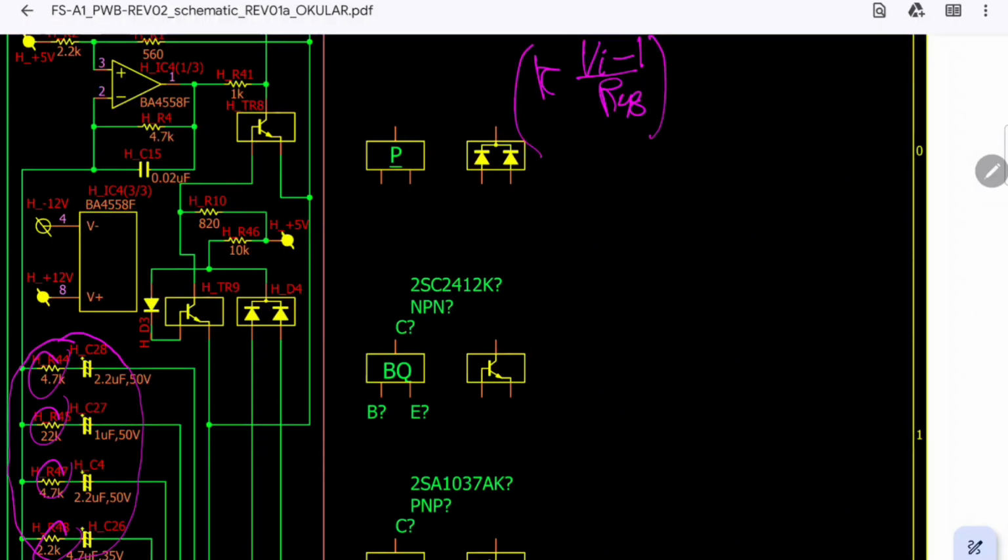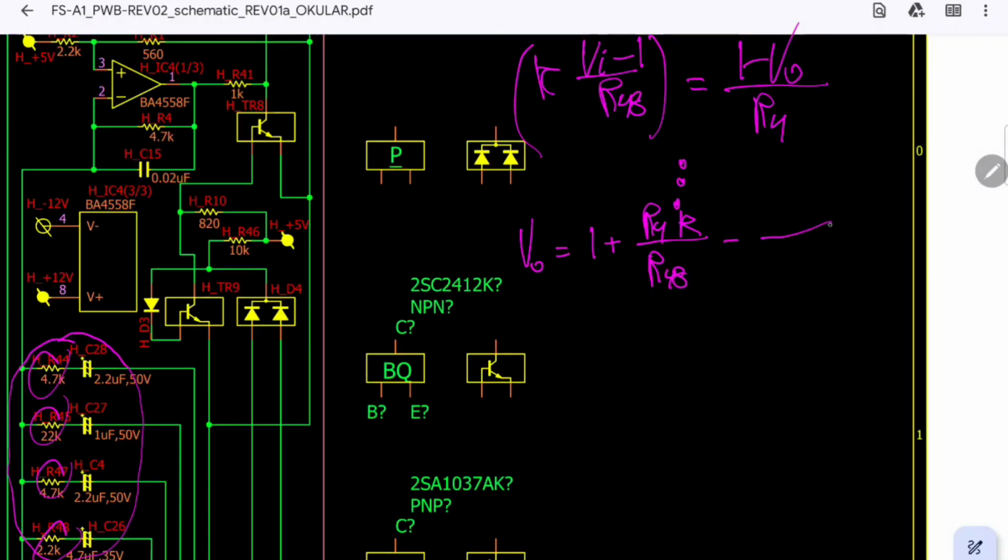These K currents should be equal to the current in the other resistor, 1 minus VO, divided by its resistor R4. Now, if you do your math, I'm not going to develop everything in here, you should arrive at something like VO equals 1 plus R4K divided by R48 minus R4K R48